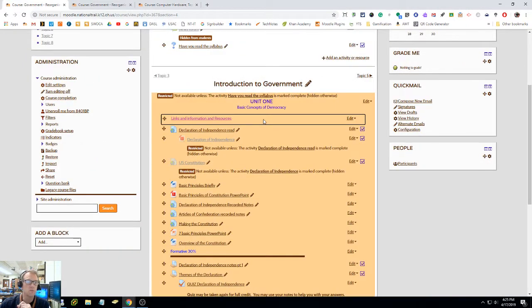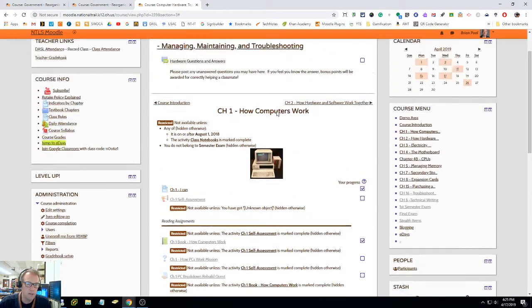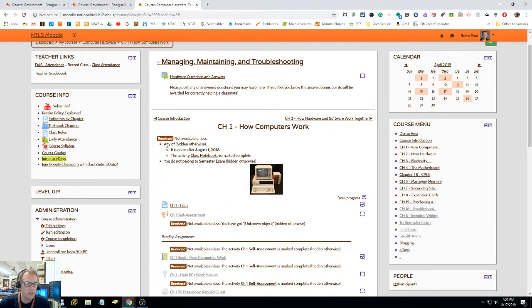So that's restrictions, and I use restrictions if we go through my class for everything. You can see not available unless the class activity notebook is marked complete and they do not belong to the semester exam. So when I say we're doing the semester exam, I add them to that group and every section disappears automatically. I don't have to go and hide anything. When I'm in section 2 then, I